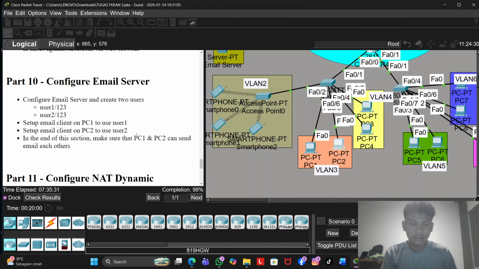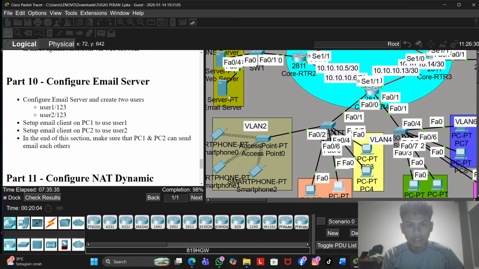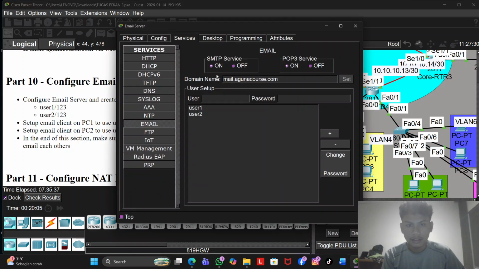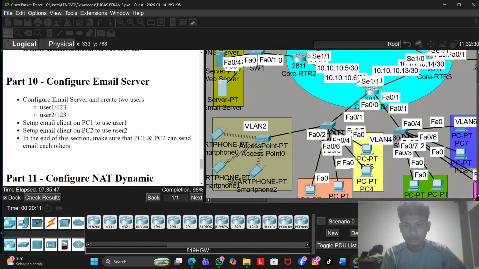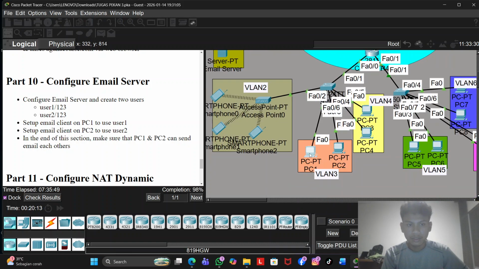Next, configure email server, and I have config. Here's the domain of the email server and the user. There are 2 users over here. And then set up email client PC1, PC2.